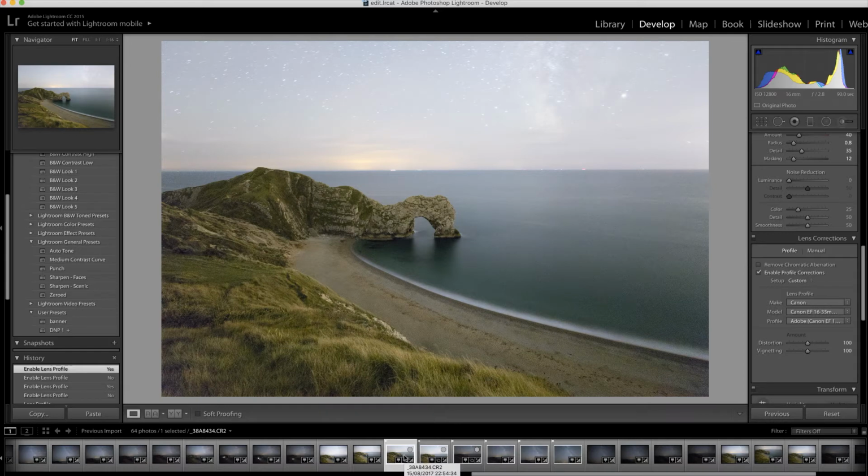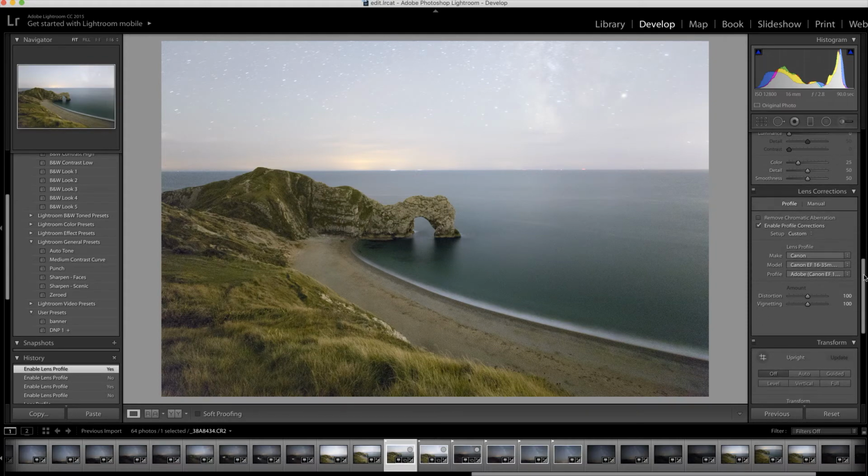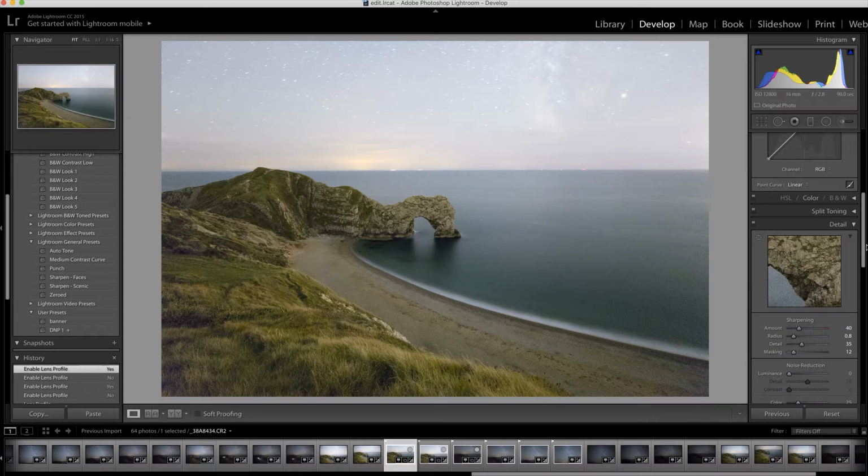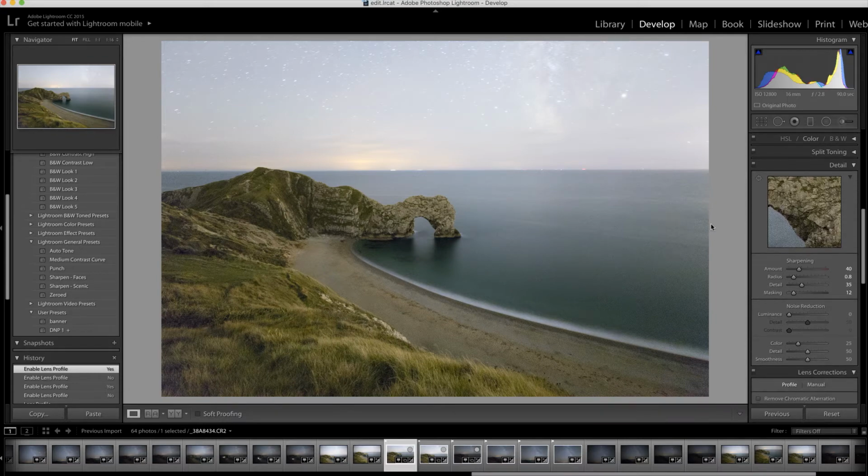So the next thing I'm going to look at is my noise reduction. And the thing is, I shot this image at, obviously, as you can see, a very high ISO. So it's going to need a touch of noise reduction. Now actually, if you look at the enlarged section over here on the door, the noise, considering the super high ISO, is really not bad at all. Yes, there's a bit of grittiness to the image there, but really nothing to worry about too much, which just demonstrates the camera in question, the Canon 5D Mark IV, does operate very well